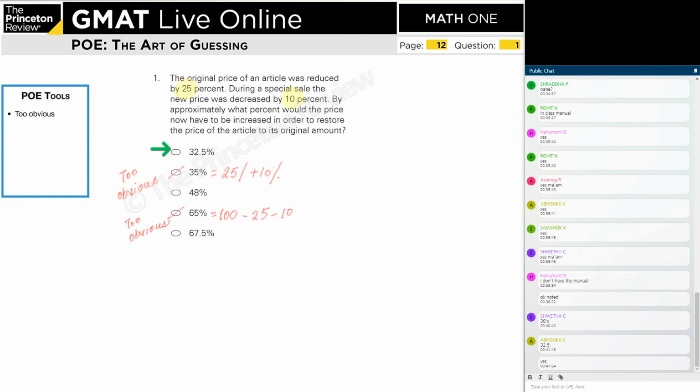They are like 100 minus 25, 75, 75, and on it, 10% discount and so on. And they pick 32.5 as the answer. Believe me, it's wrong. We will do this question again later on, okay? This question will get repeated in another lesson.